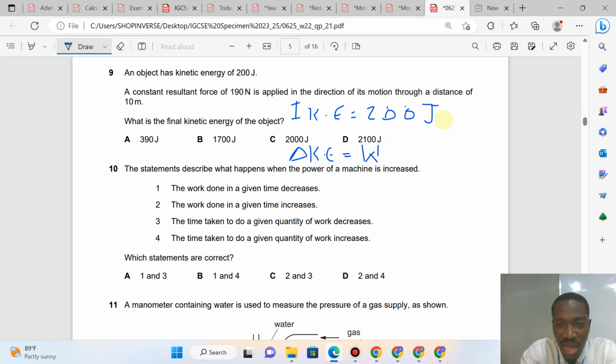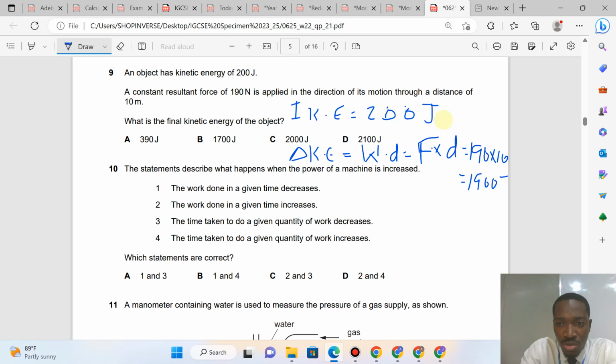The kinetic energy you are adding is equal to work done by that force. And what's the formula for work? Force times distance. So when you do force times distance, you get this change in kinetic energy. What's the force? The force is 190 Newton. What's the distance? The distance is 10 meters. 190 times 10, that will give you